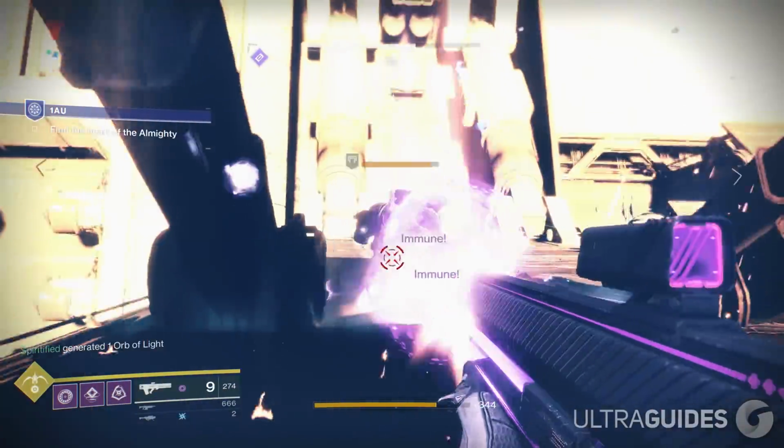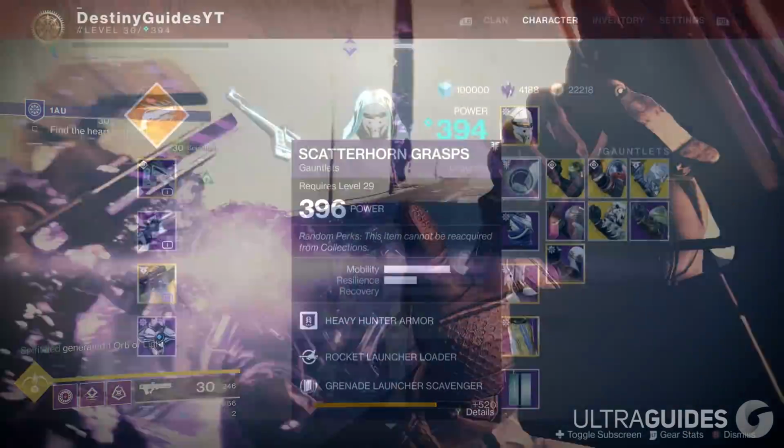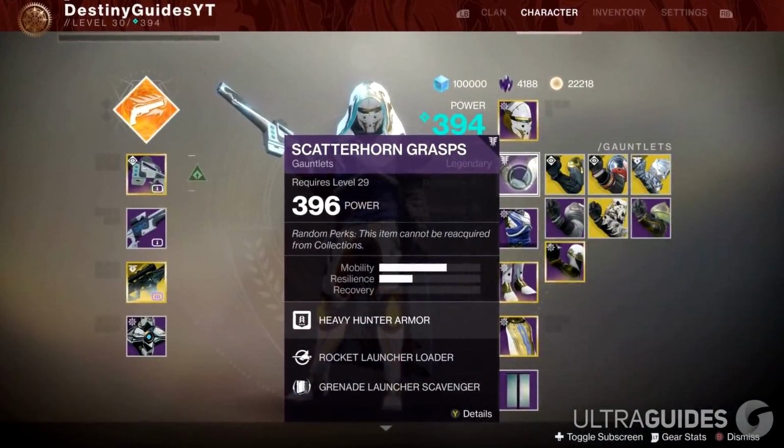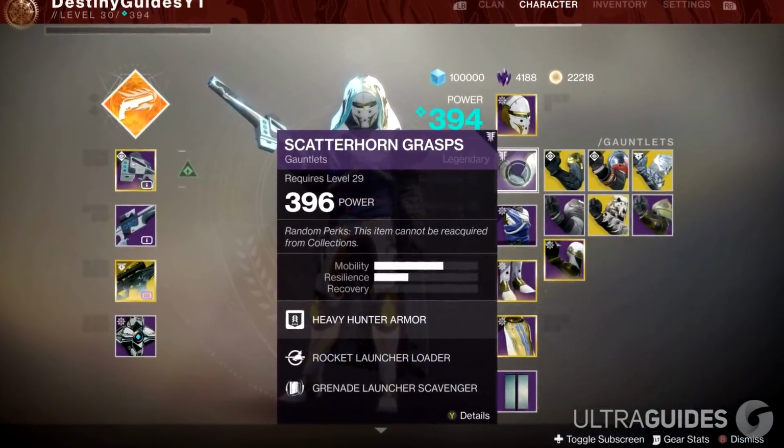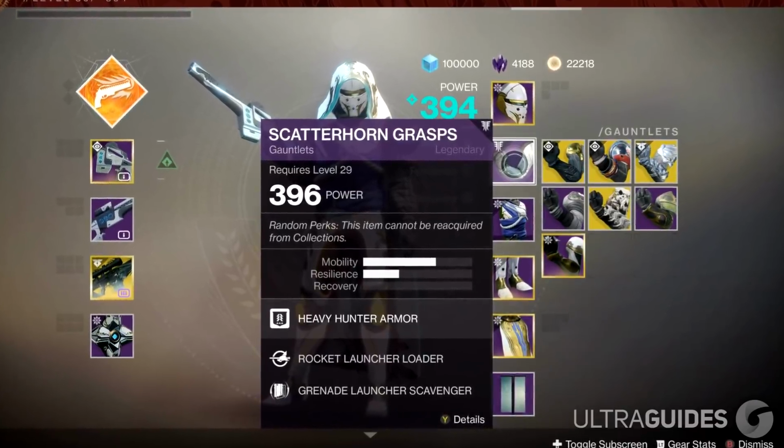Next up, some Forsaken armor has been dropping within update 2.0. Now as you can see here, I did the flashpoint over on Mars and got myself the Scatterhorn Grasp gauntlets. Now I'm pretty sure this is a bug, I don't think any of this gear is supposed to drop with